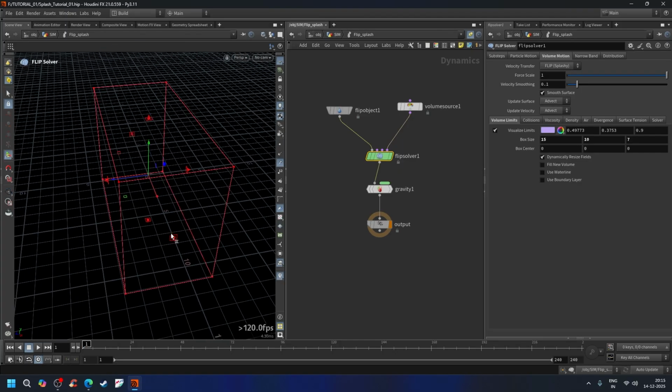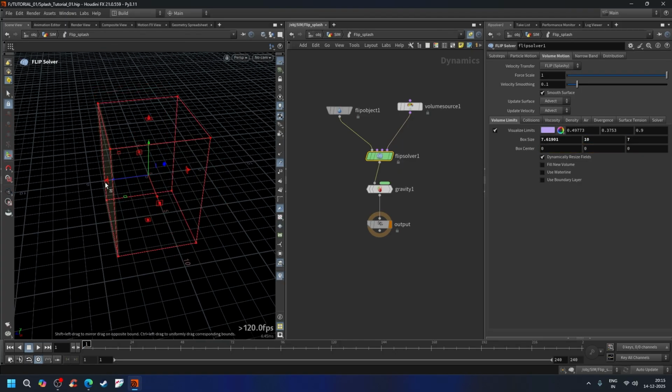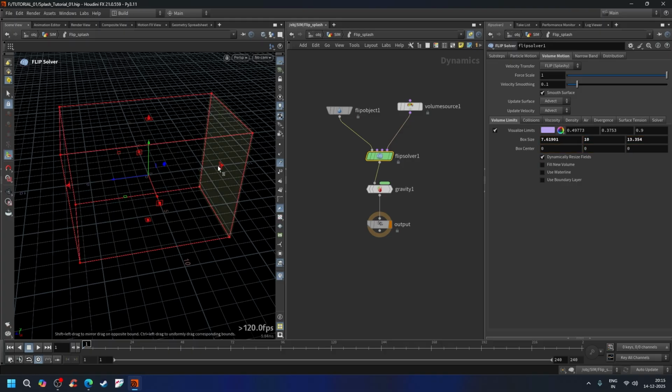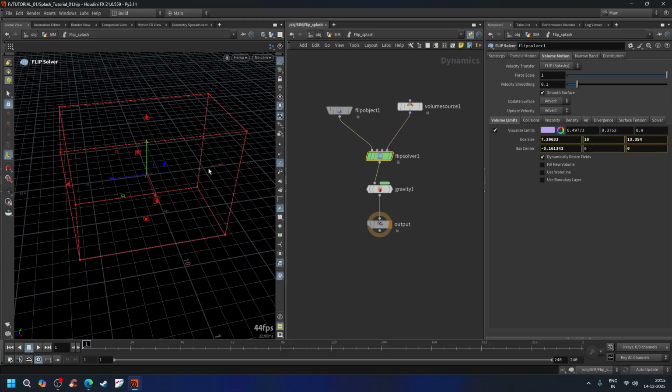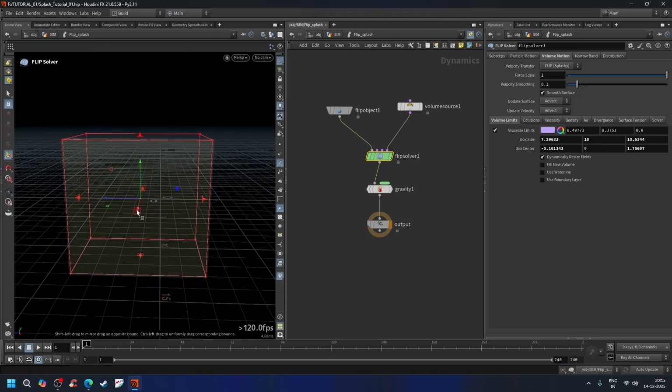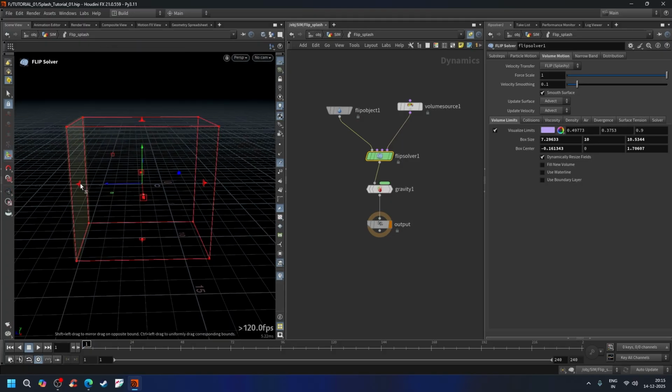I will resize this because our source is here and particles will go to the Z direction,